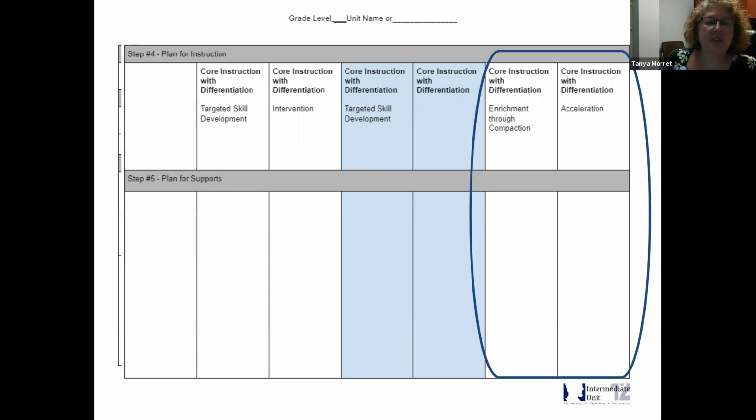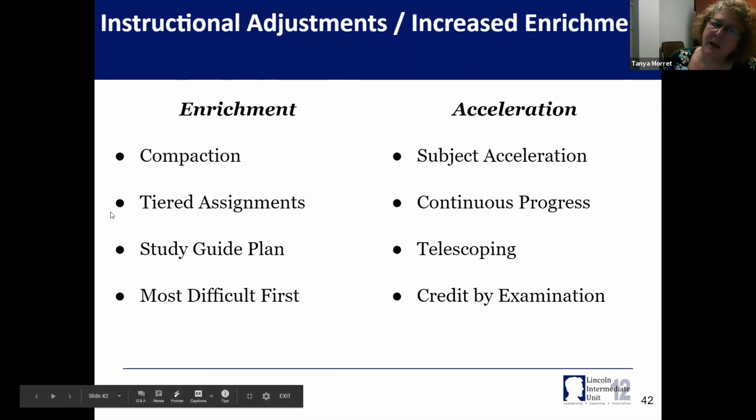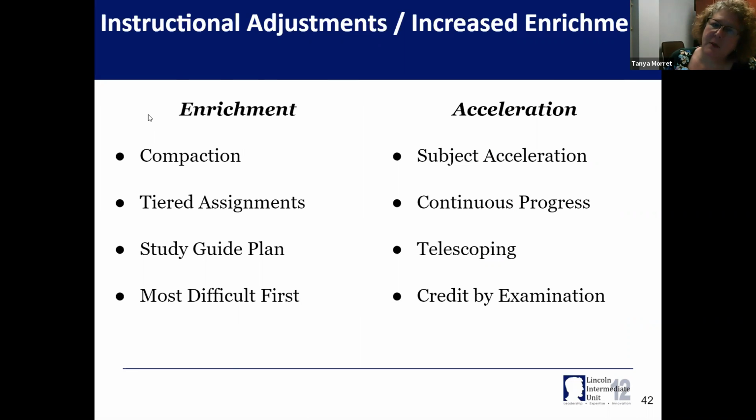But what are we going to do in terms of planning for support? What would the instruction look like for these students? Well, we've already talked about the on-level students. Some of them may need enrichment, and really, some of these kiddos may need enrichment, right? So we're not talking about reinventing the wheel. We're talking about the fact that we might have this group of students for whom enrichment sooner or at a higher level might be most appropriate because they don't need some of our initial instruction on acquiring new skills and knowledge. And I think in an online environment, this can actually work even more conveniently than it sometimes does in